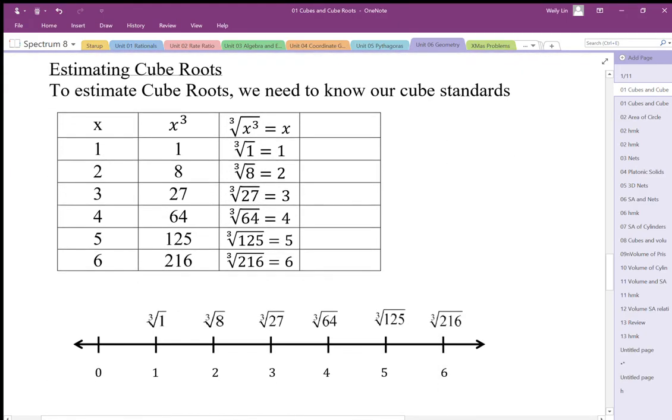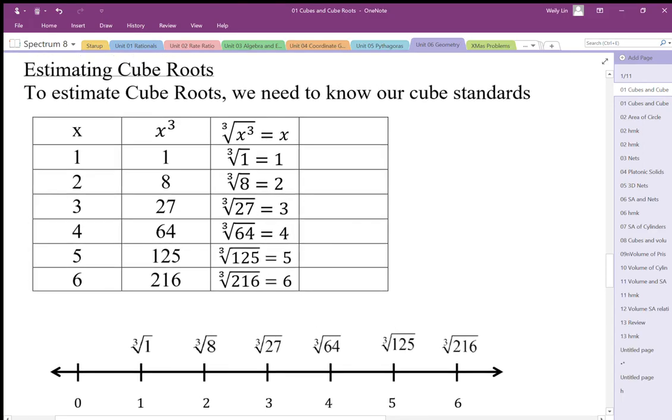So when we are estimating cube roots, we really need to have some standards to work with. So you need to know your perfect cubes. Now, by memory, I think it's by grade 8, we really should know up to there. Okay, up to 4 cubed is 64. We probably should be familiar with these, but sometimes, if you have to go to a calculator for these ones,